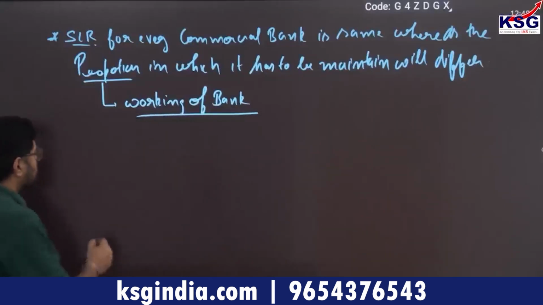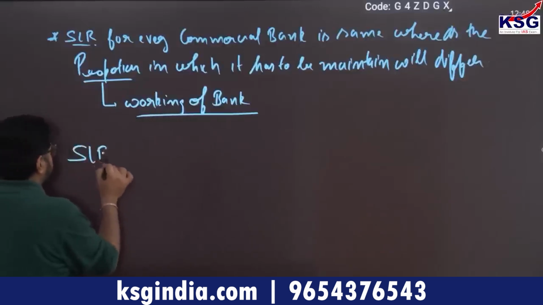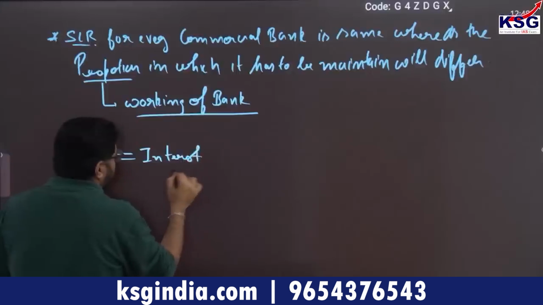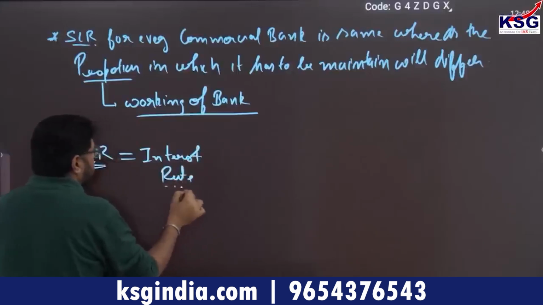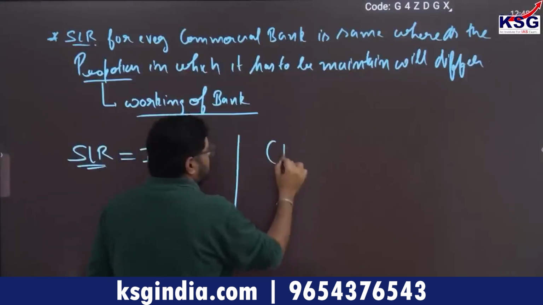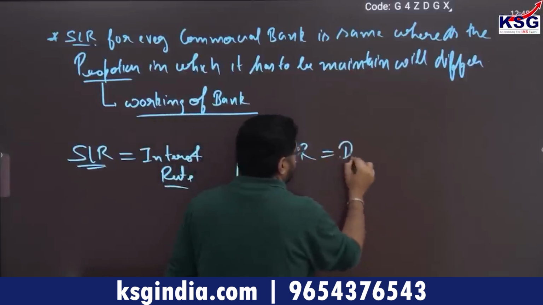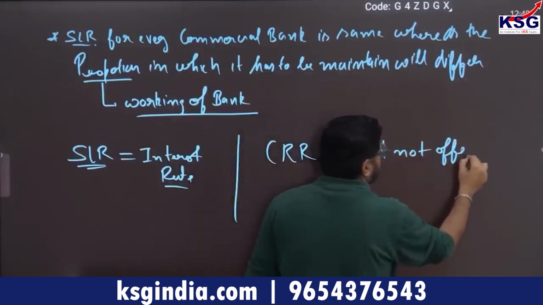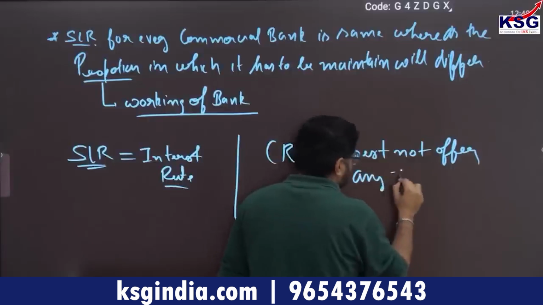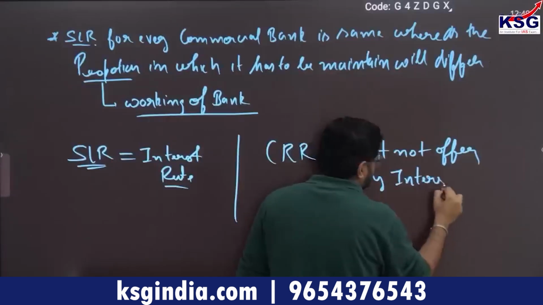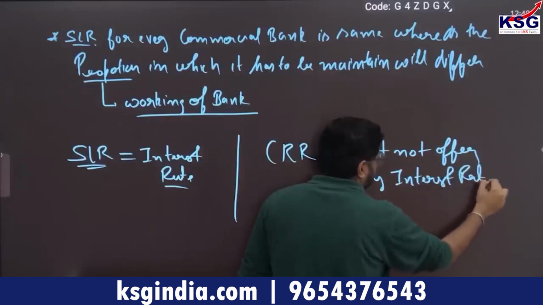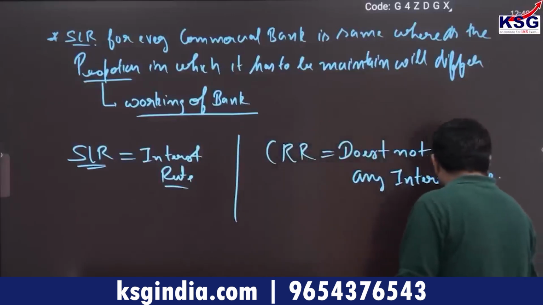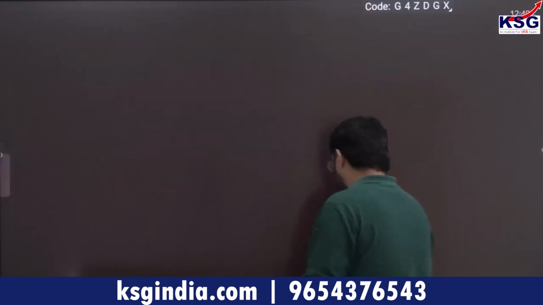So we can say SLR offers an interest rate on whatever amount they are maintaining, whereas CRR does not offer any interest rate. So this is the difference that you have to remember. Clear? Now moving further,